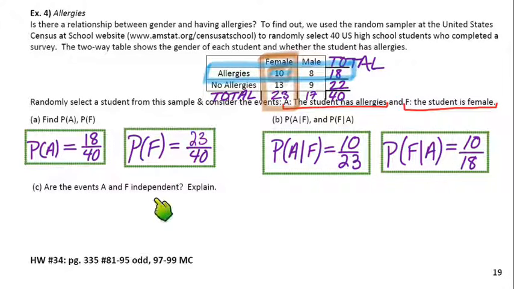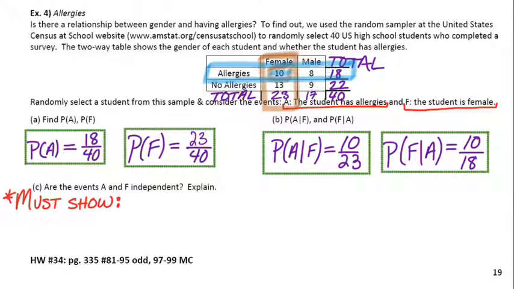So in our justification as to whether or not these two events are independent, we're not looking for a wordy, your medical professional opinion about whether female and allergies are independent. So don't just say something like, gender and allergies are definitely independent because that depends on genetics and has nothing to do with your gender and so on and so forth. Don't go down that road, okay? You're a statistician, so you need to prove this mathematically. And since we've already talked about this,